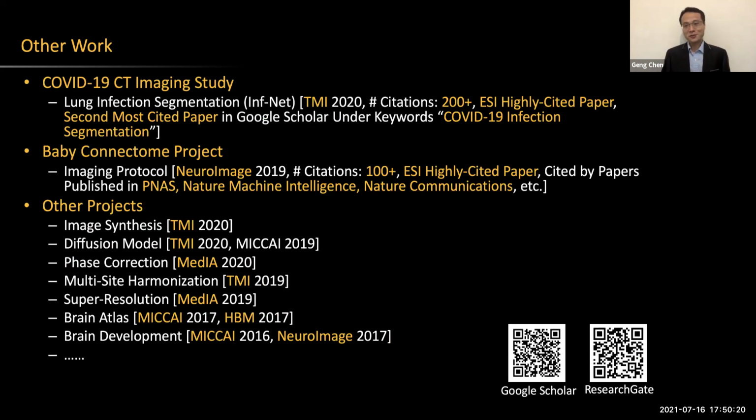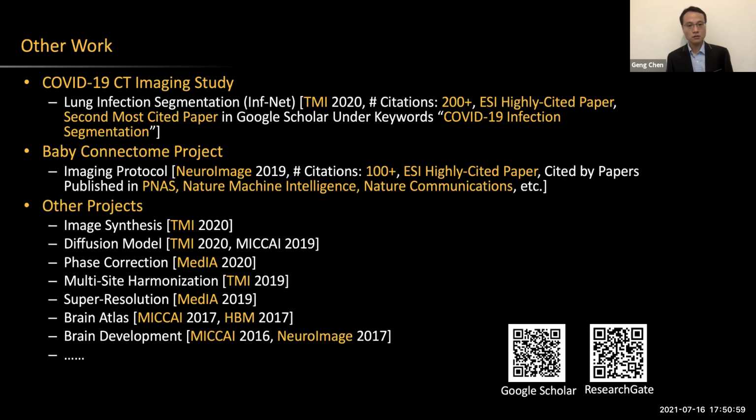So I would like to also introduce other works that are finished by our group. The first is the COVID-19 CT imaging study. We propose a non-infection model called InfoNet. This work is published in dMRI last year, and the current citation is over 200. It is a highly cited paper and also the second most cited paper in Google Scholar under the keyword COVID-19 infection citation. And also I participated in the Baby Connectome project and helped to